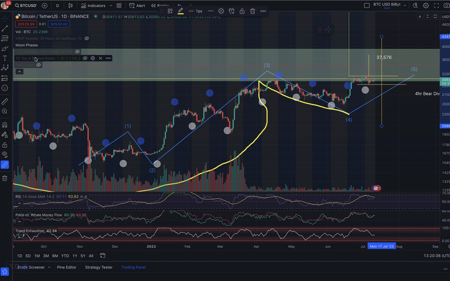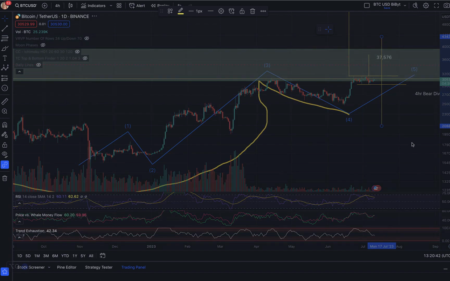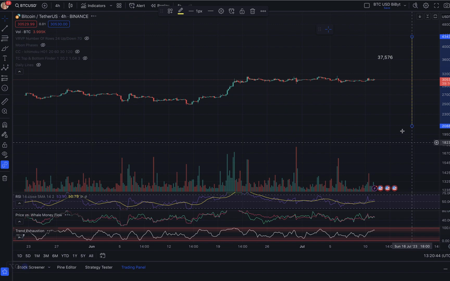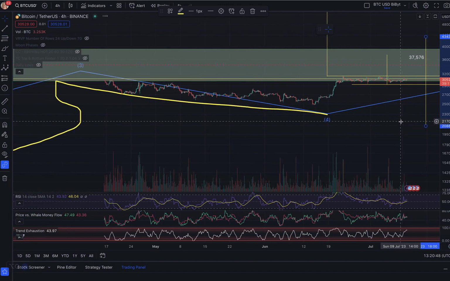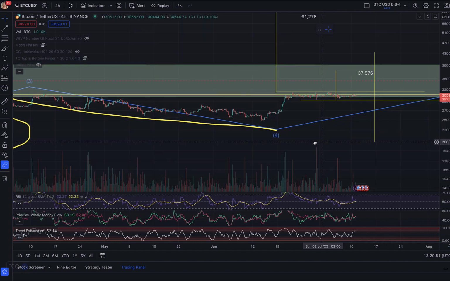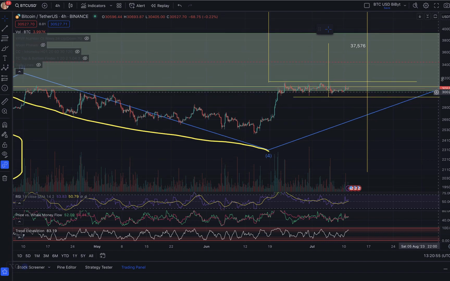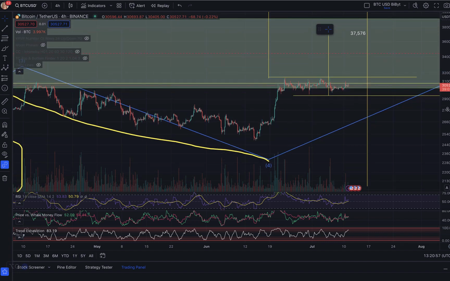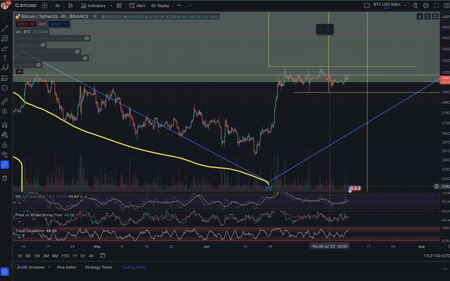So now what I want to do is zoom in on the 4 hour, find out what the micro Elliott wave count is, and that will tell us... You know what, whenever we trade sideways for a long period of time like this, it can be bearish. We can lose momentum. So we really want to be monitoring the volume, right? We really want to monitor the volume and make sure that we are